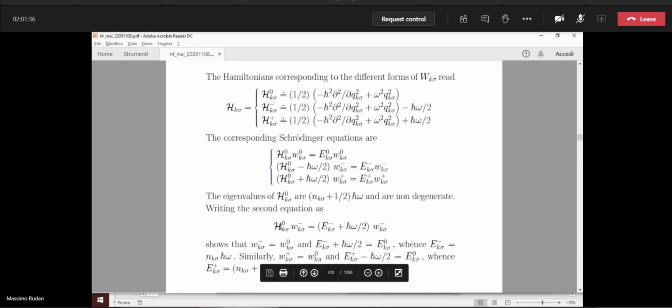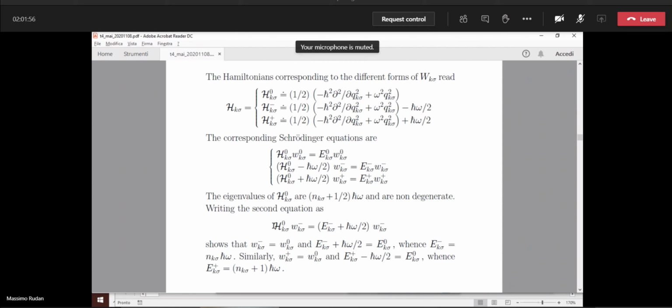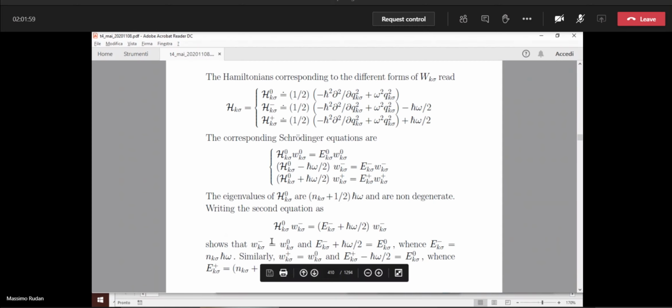But this is exactly the same eigenvalue equation as for the first case, because we have the same operator. So this operator will provide the same set of eigenfunctions and the same set of eigenvalues as before. So we must conclude that W minus must necessarily be equal to W0,